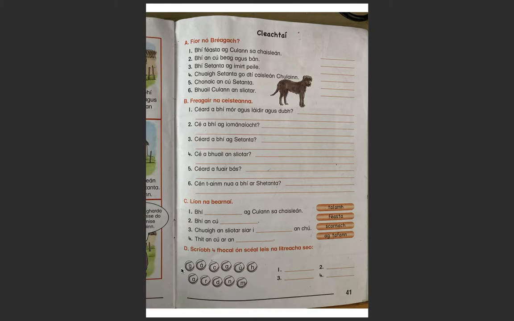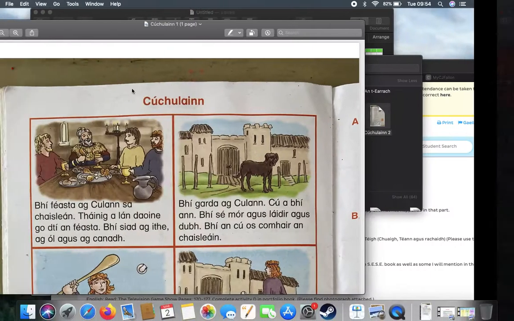Then using the letters, caithfidh tú ceithre focal a chruthú. You have to create 4 words from the story. I could only find 3. I made up one for the 4th one, but definitely there are 3 words that I could find, so please, if you can find the 4th one, let me know. So you're doing parts C and D for today's Irish, and then you're going back to the story of Cuchulainn,